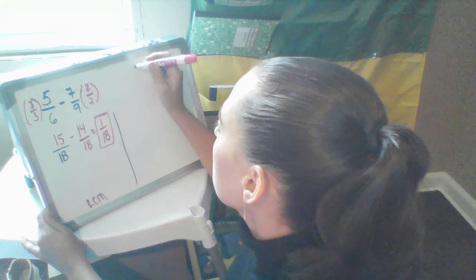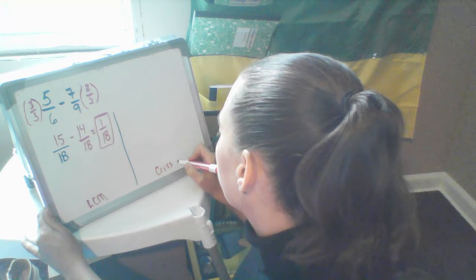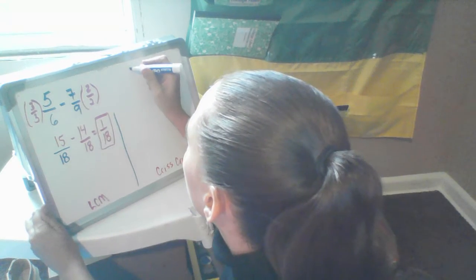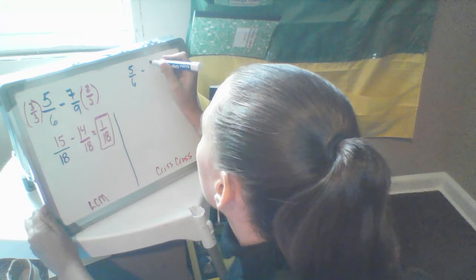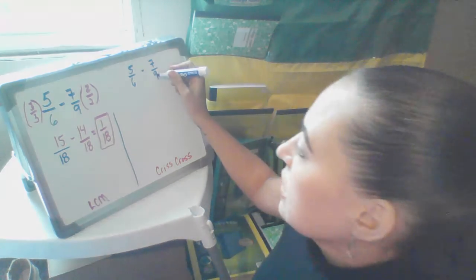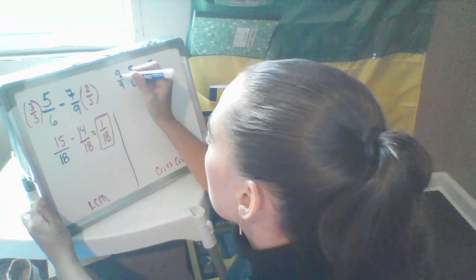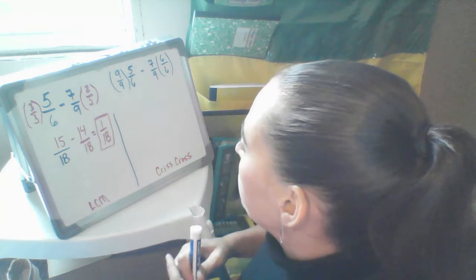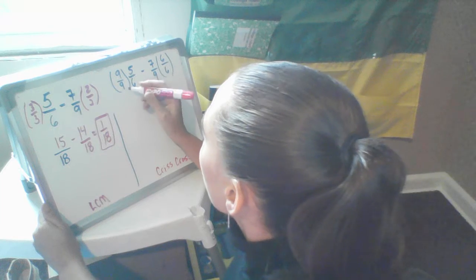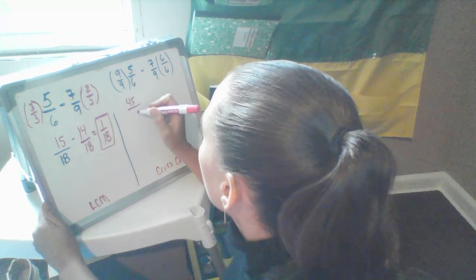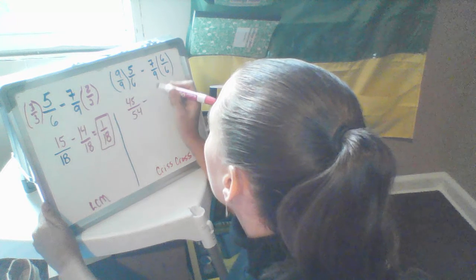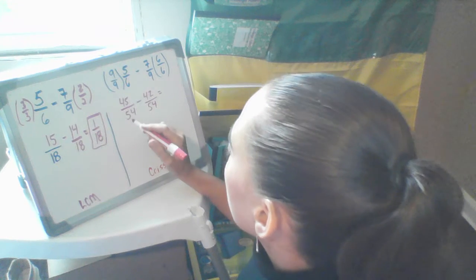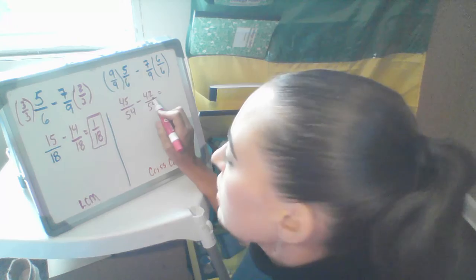Now we're going to do the crisscross method. I'll put crisscross down here. Okay, so I'm going to take the 9 and cross it over here. Do 9 times 9. 9 over 9, and this one's 6 over 6. 9 times 5 is 45. 9 times 6 is 54. 7 times 6 is 42. And again, we have 54. Okay, so now we have 45 minus 42 is 3